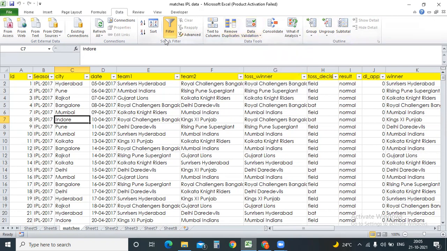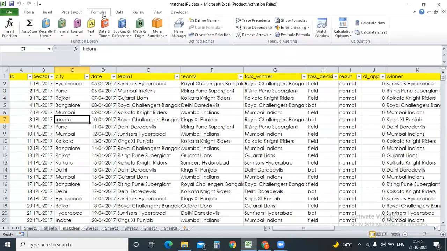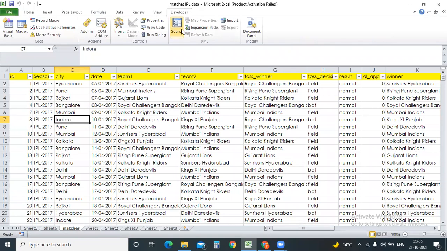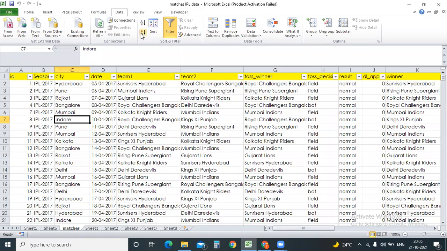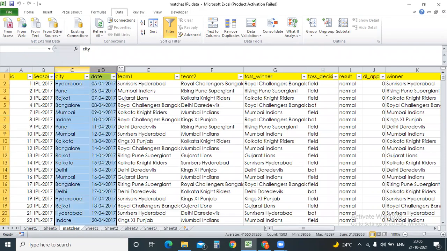For example, if I close this data topic today, then two things will be remaining. One is formulas, which will be discussed tomorrow, and the day after tomorrow I'll be closing with the developer tab. So by then our Excel class will be done. Again, guys, as I told earlier, I just want to reiterate: you people are here for the Power BI class. I'm giving you the extra Excel view so that you will easily understand the Power BI classes. Excel is not in our curriculum, but for your convenience I added it. From Sunday, the Power BI classes will start. If you have any questions, please reach out to me. I will always be there to help you guys. Clear?